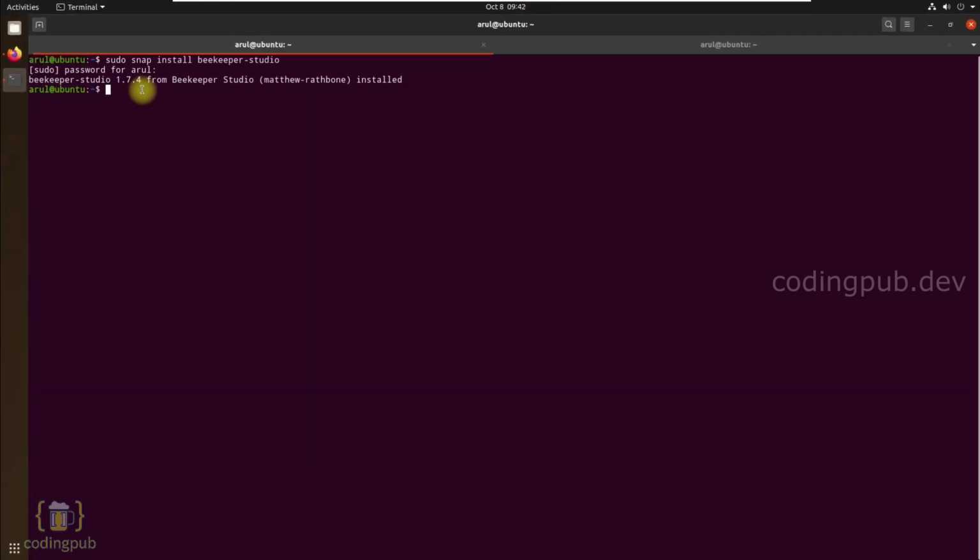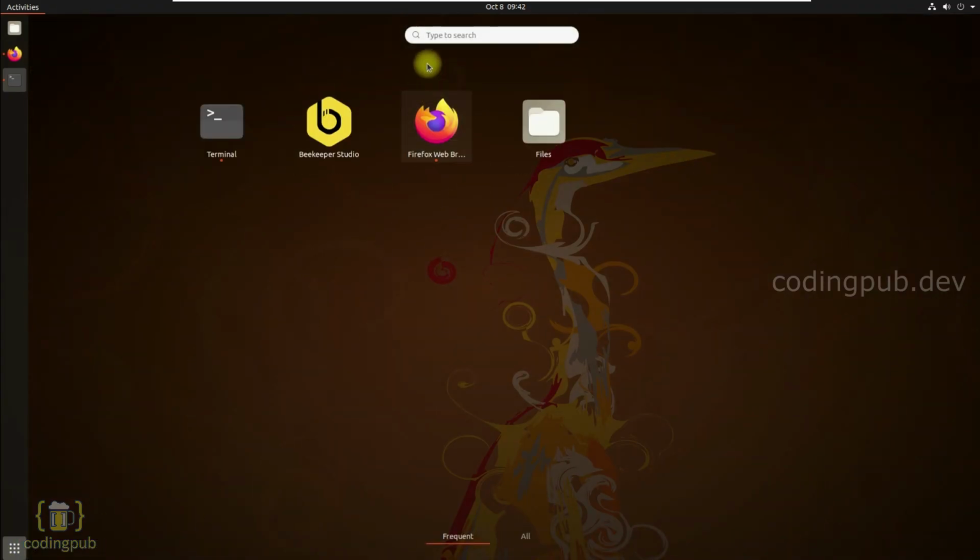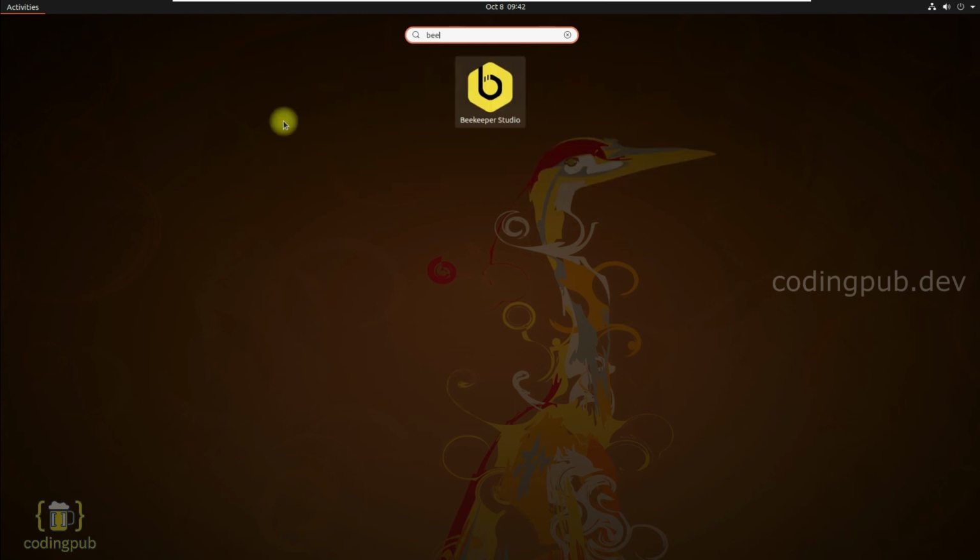To open the application on your Ubuntu system, open the Ubuntu dash menu by clicking on the icon in the left side bottom corner of your screen or by hitting the Windows icon on your keyboard. If the Beekeeper Studio application is not in the list, just type the name Beekeeper Studio in the search field and you should be able to see the application installed on your system.